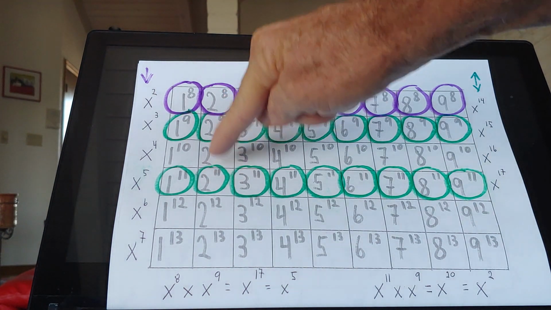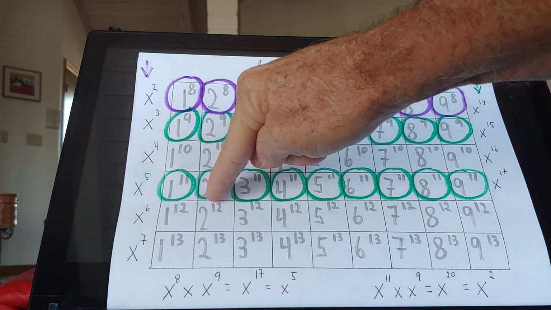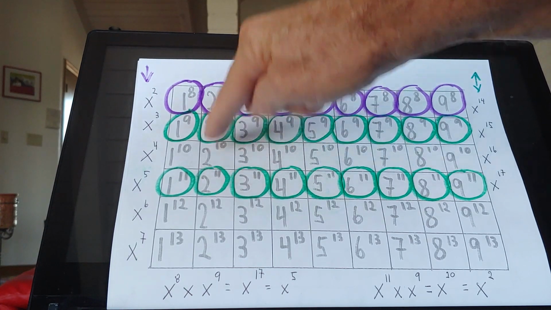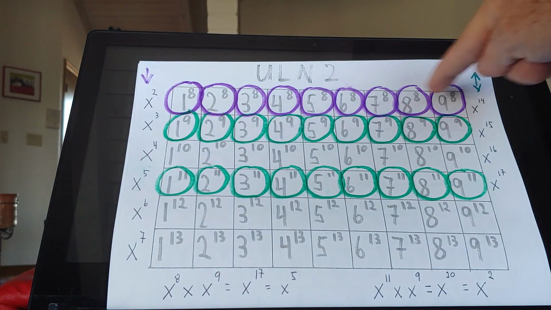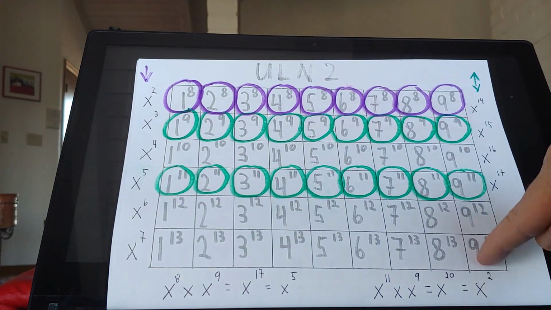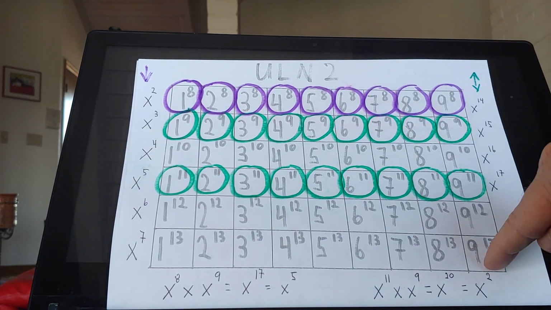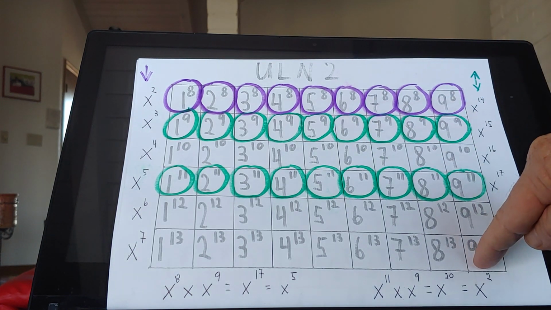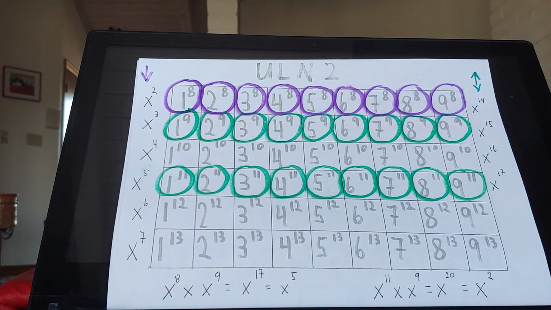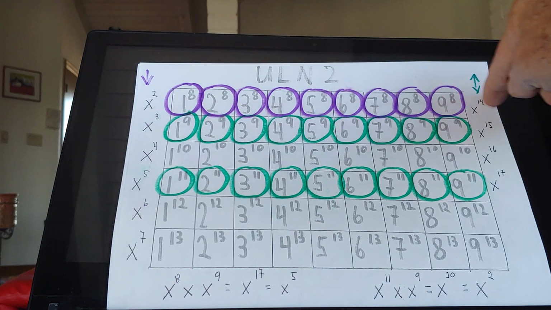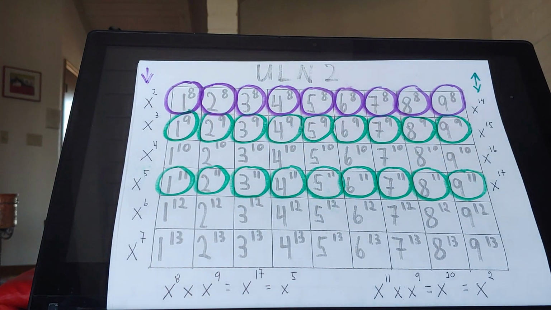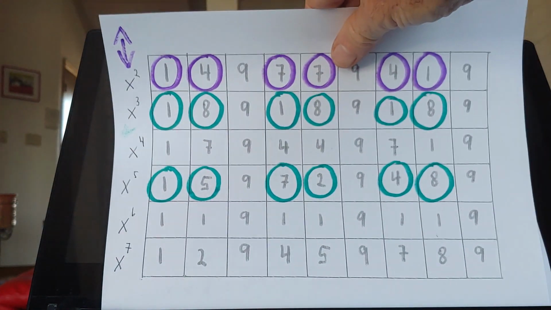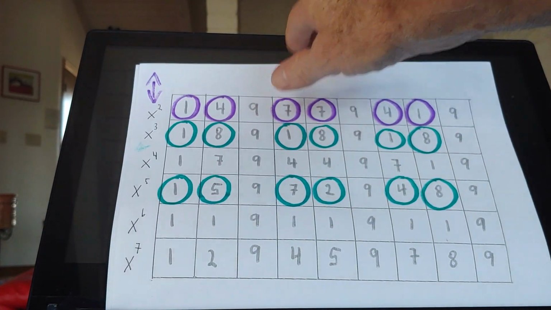Well, really we should be doing this. 2 to the 9th times 2 to the 11th is 2 to the 20th. 9 and 11 is 20. 2 to the 20th will fall here because it goes x squared, x 7th, x 8, x 13, x 14, x 20th. 11 and 9 is 20. This is the x 20th line. So that's showing you how the 369 code is doing it, because it is calculating something that's